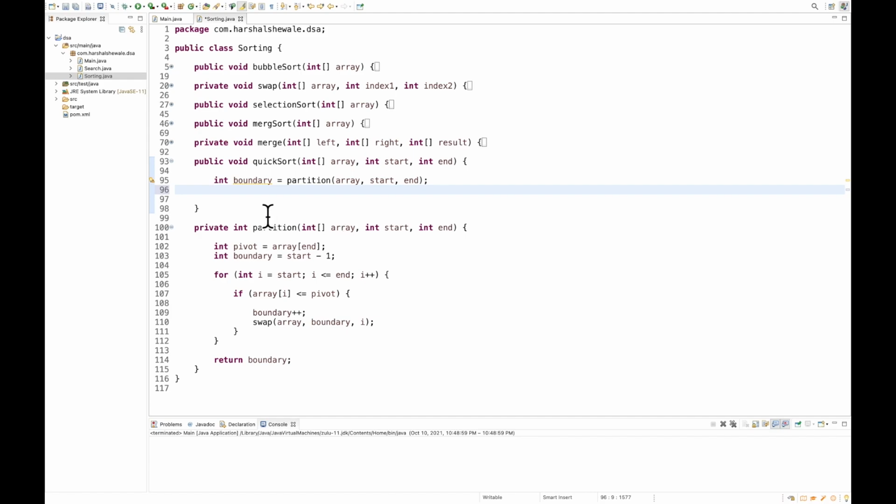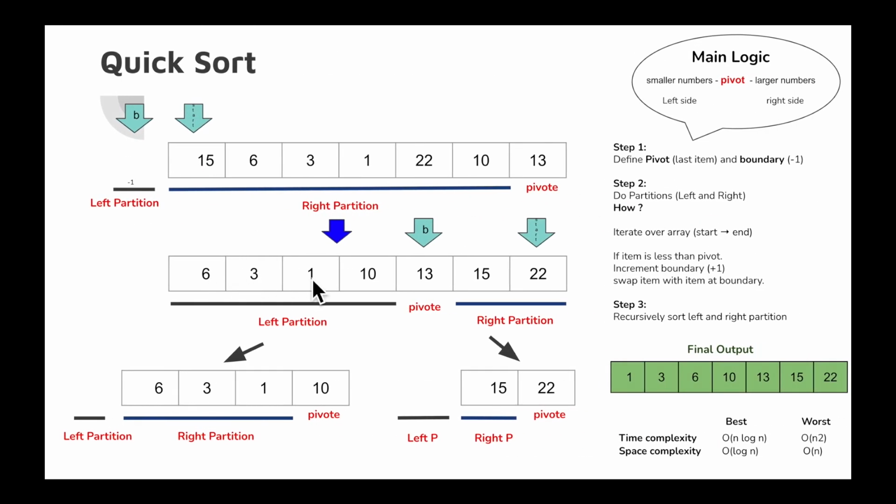So what is the left array and what is the right array? You can see here, this is the left array. After the first iteration, our boundary went here, which was later swapped with the pivot, which was 13. So we incremented the boundary, and this is the pivot position now, which is already sorted. Now the left array is this array. That means the left array will start from start, and the end index of the left array is boundary minus 1, right?